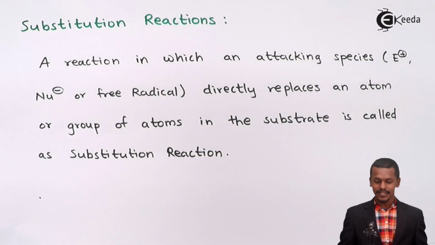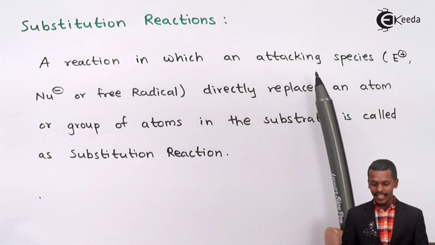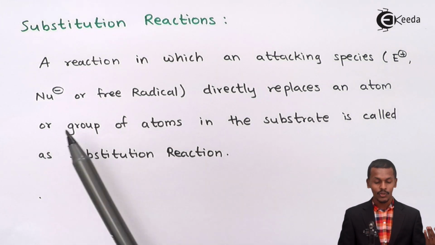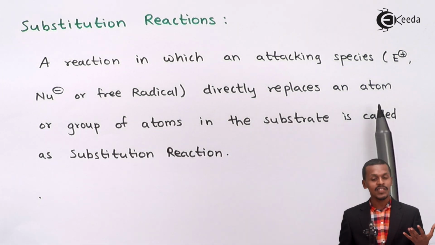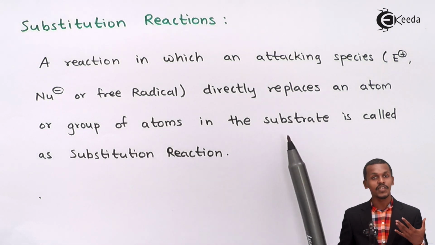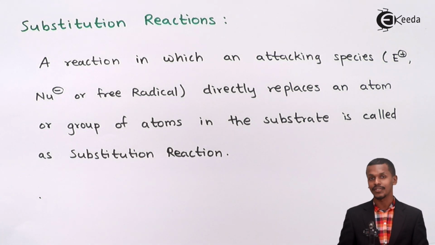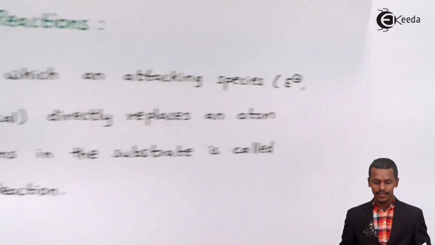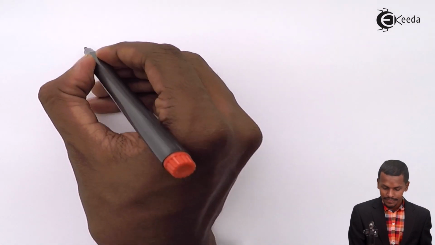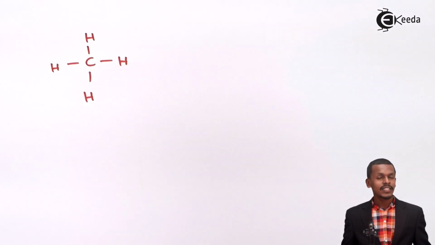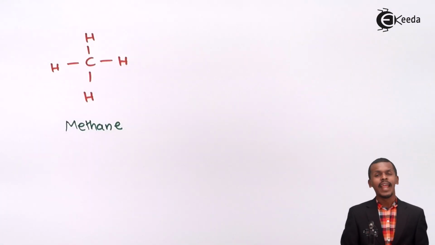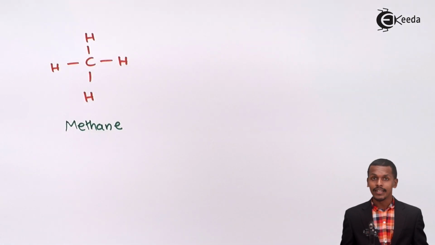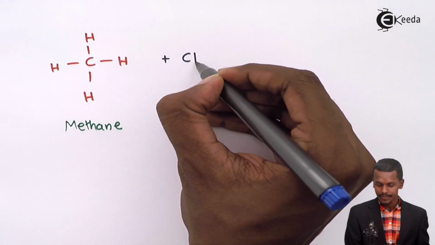So let us do it. Starting with the first one, that is substitution reaction. A reaction in which an attacking species, that is electrophile, nucleophile or free radical, directly replaces an atom or group of atoms in the substrate is called a substitution reaction. So what does this mean? Let me give you an example. Suppose we have a reactant or a substrate like this one. This is the methane that we have. And suppose we are reacting it with a chlorine molecule, so it could be written in this way,